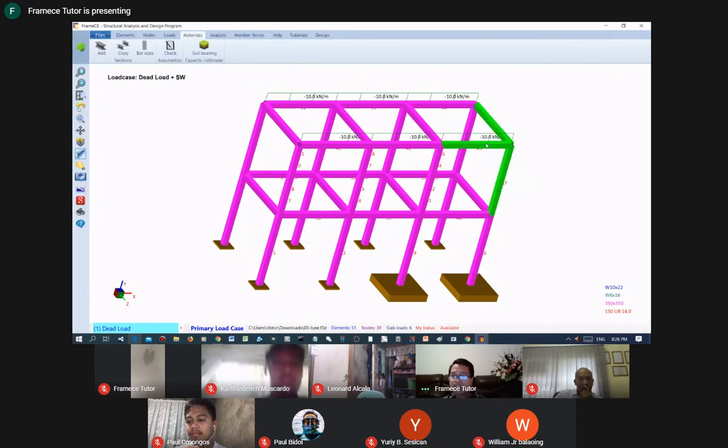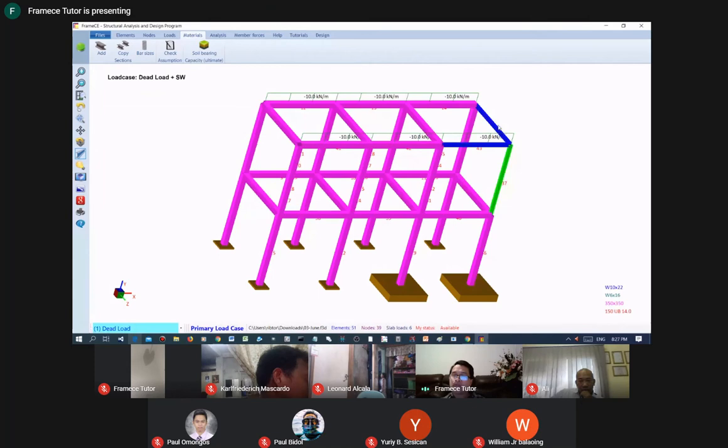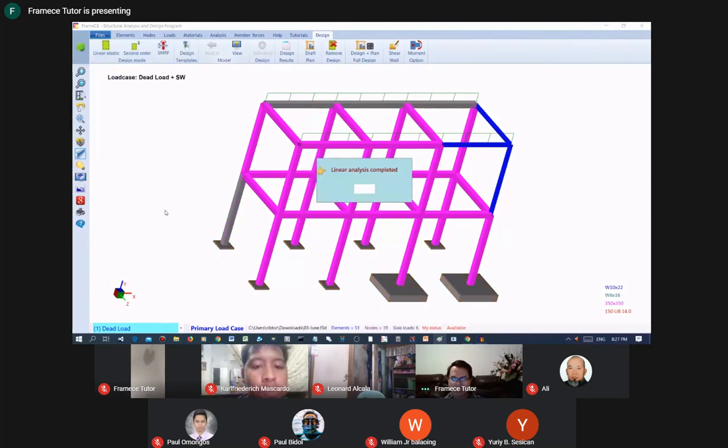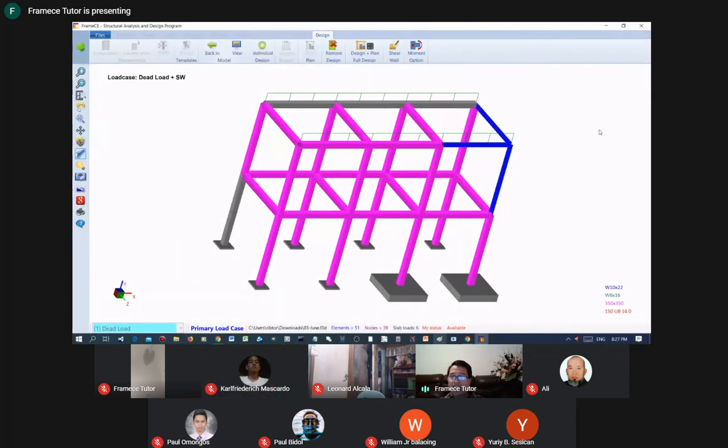Change this. Edit in properties. Maybe apply. Okay, now these 3 elements are steel. Then what I need to do is go to the design menu, linear elastic, okay, and then select the load cases, and then I will design, say for example, this member here,